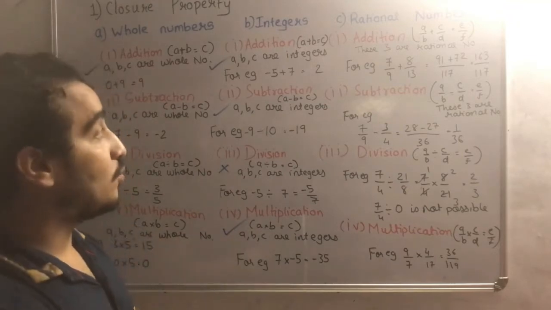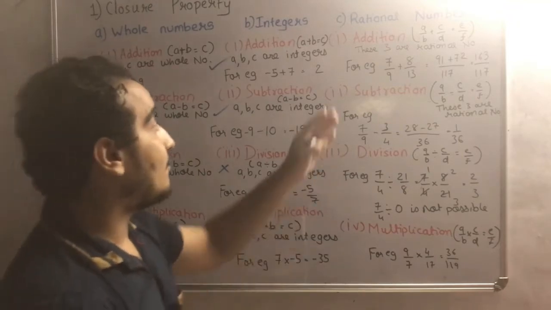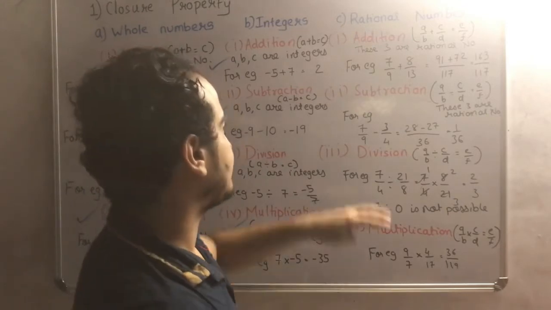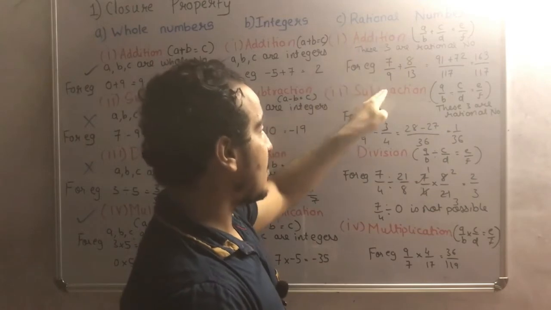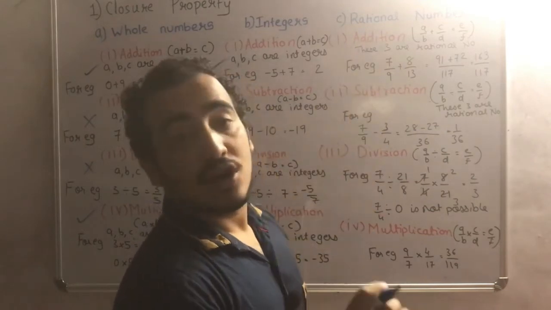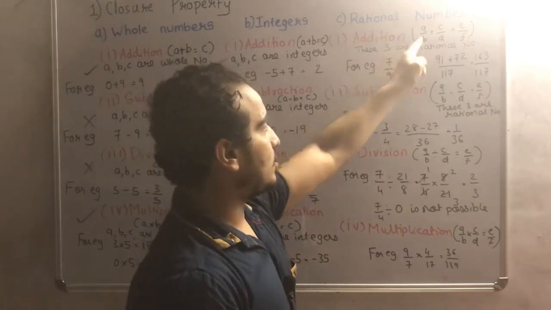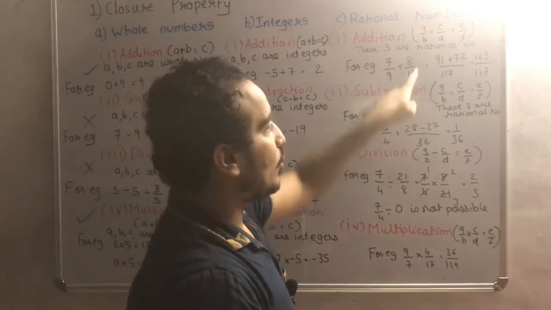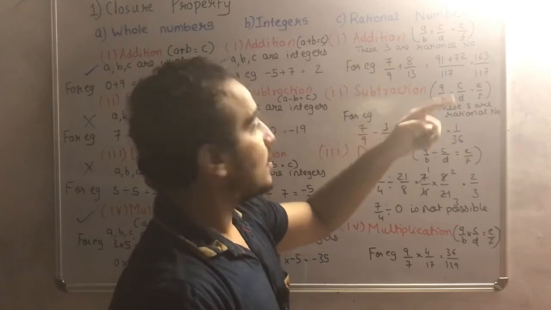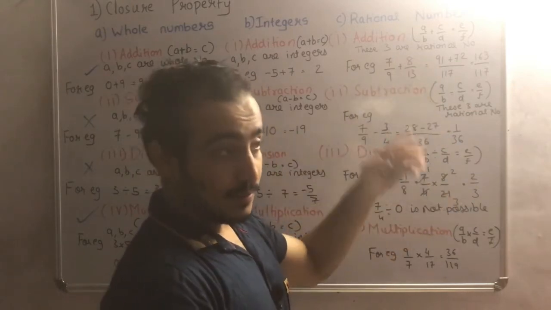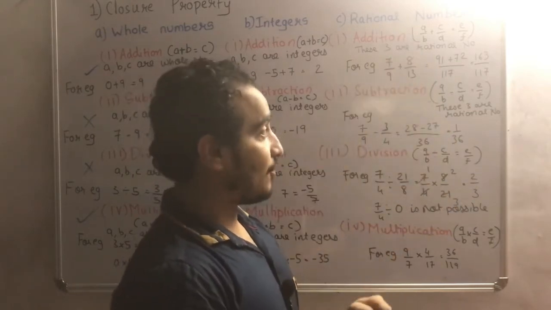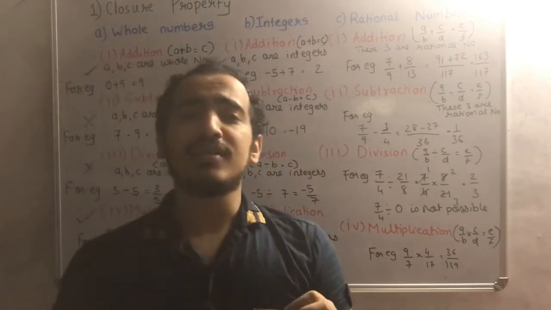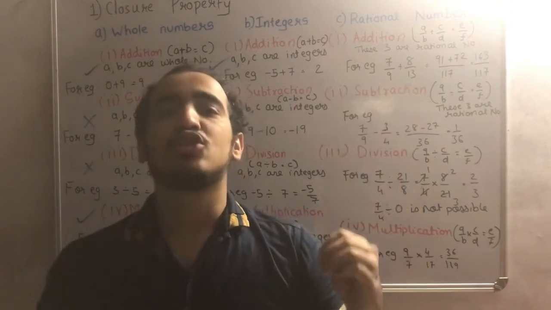So we have to move to rational numbers, which are very important. These are the main part of this chapter. So now we will see the addition, subtraction, division and multiplication of rational numbers. Take a by b plus c by d equals e by f. Here a by b is a rational number in p by q form, c by d is a rational number in p by q form, and e by f is a rational number. Rational numbers are the numbers which are always in p by q form, or numerator-denominator form.